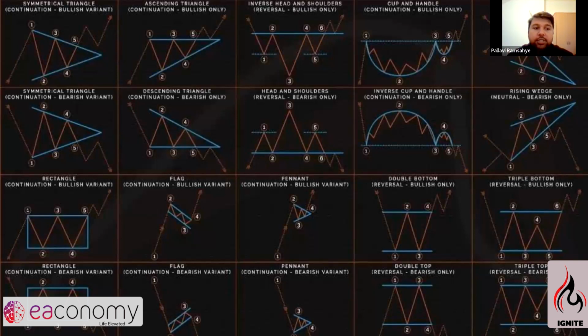Okay, last week's sessions we did cover the rectangle pattern. So we covered the bearish and the bullish variant of this pattern. So if you didn't watch that, you can go back and watch that session. The second pattern that we're going to be going through is the triple top and triple bottom as well. Okay, so to kick things off,